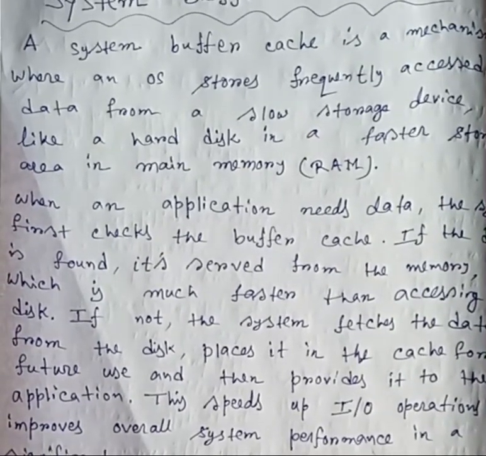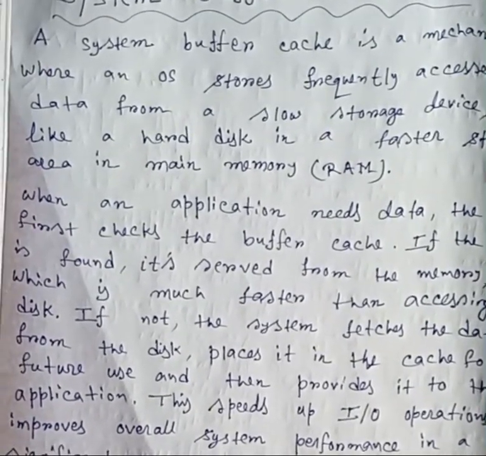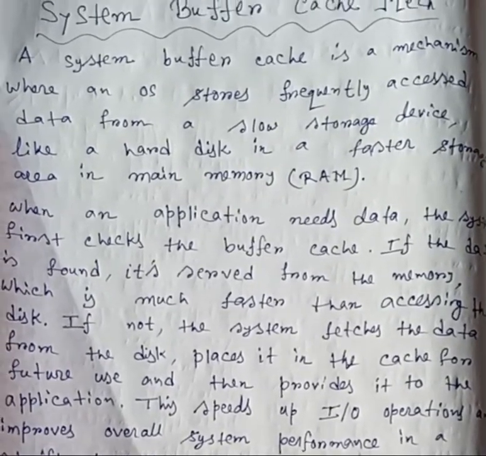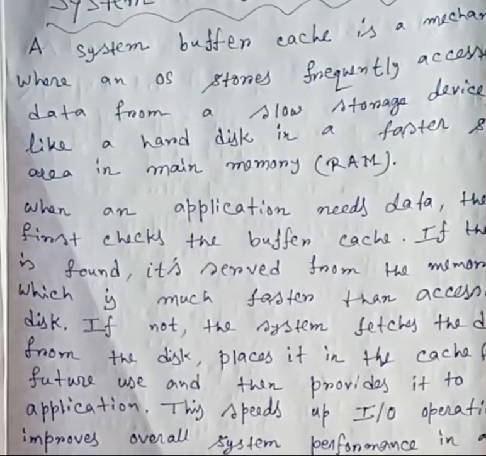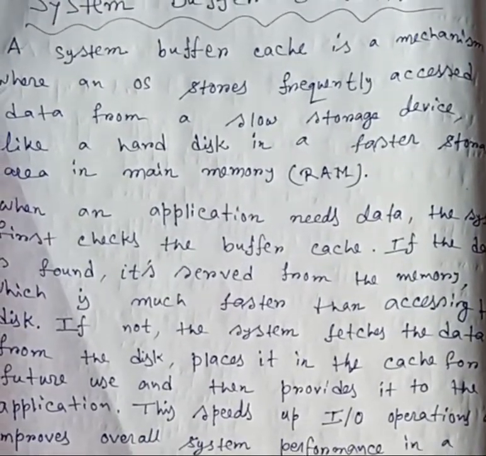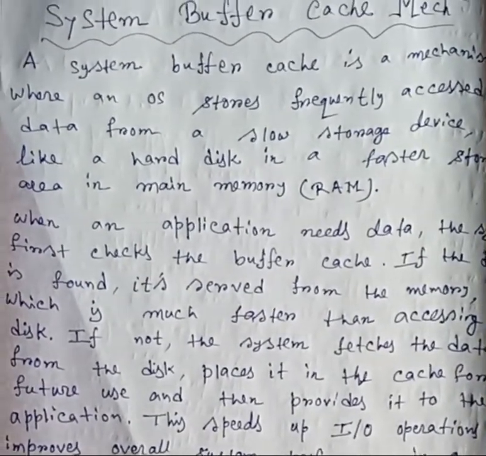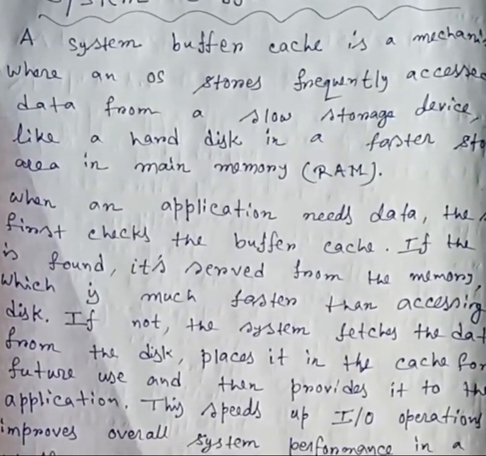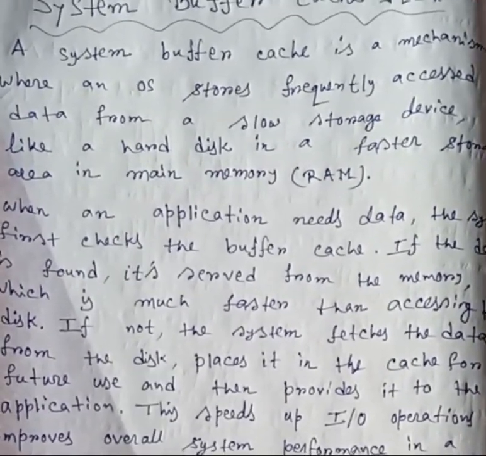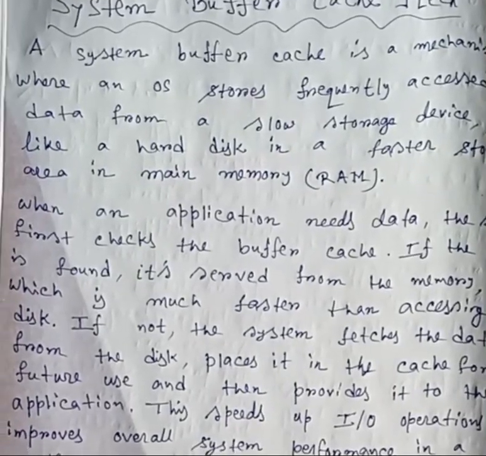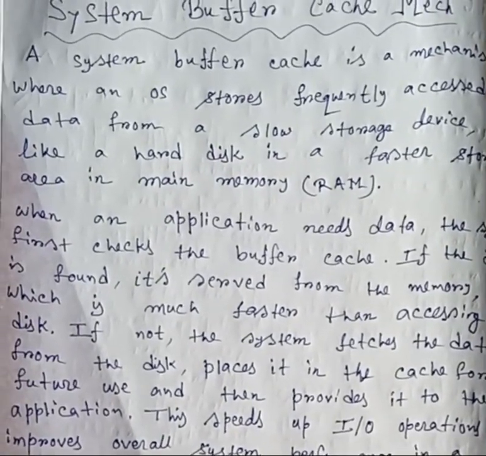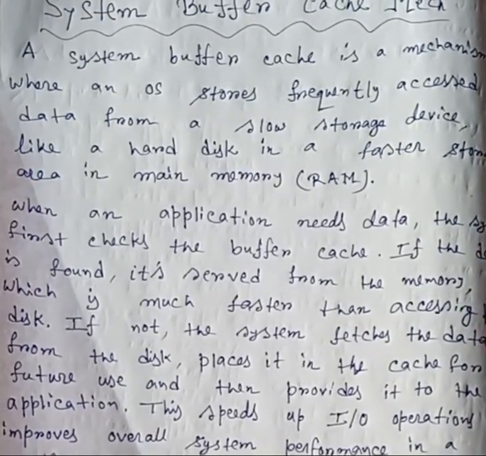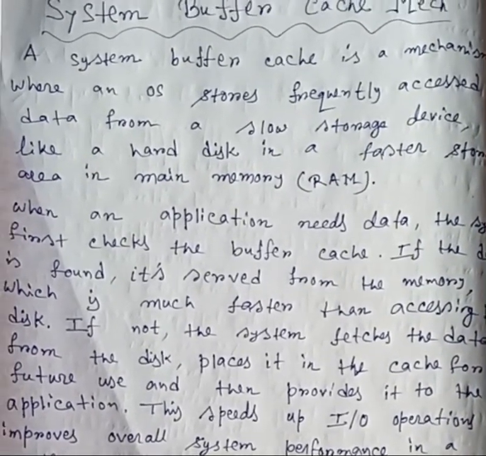Similarly, it's like storing that frequent data in a faster storage area in main memory or RAM, because the hard disk is like our 500 page book. The hard disk contains each and every piece of data, but it's a slow storage device because it's like finding the pages one by one. But if we store frequently accessed data in a faster area in main memory, in the buffer cache, which is a storage area in main memory or random access memory,